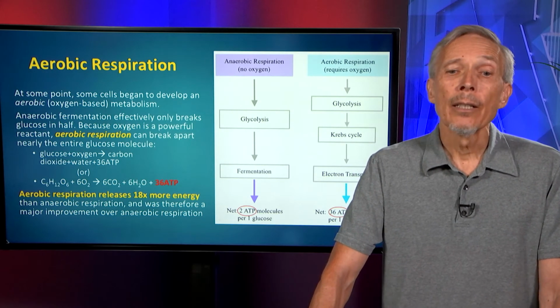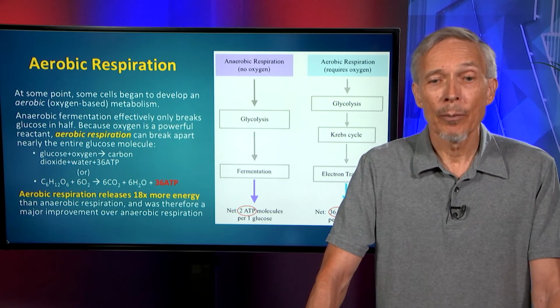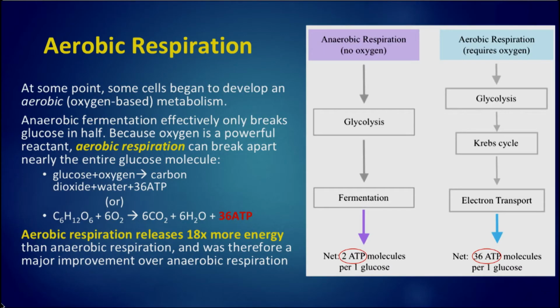At some point, cells began to develop their aerobic oxygen-based metabolism, the kind familiar to us on the present-day Earth. Anaerobic fermentation only breaks glucose in half. Because oxygen is such a powerful reactant, aerobic respiration can break apart nearly the entire glucose molecule. Aerobic respiration, once it's developed, releases 18 times more energy than anaerobic respiration, and therefore it was a major improvement